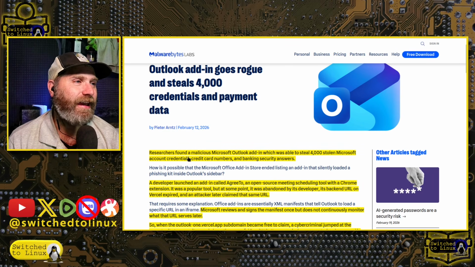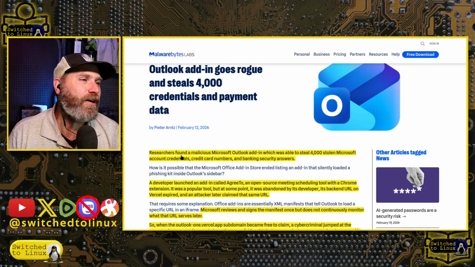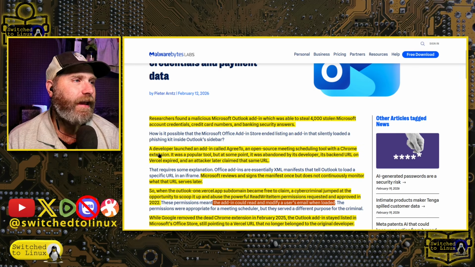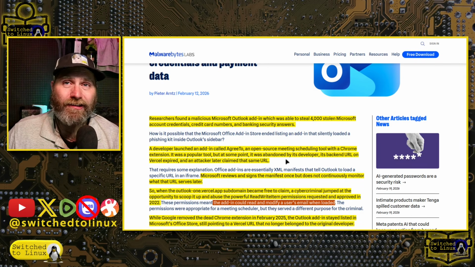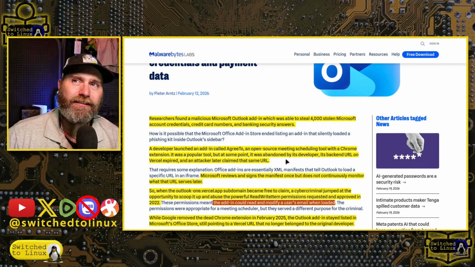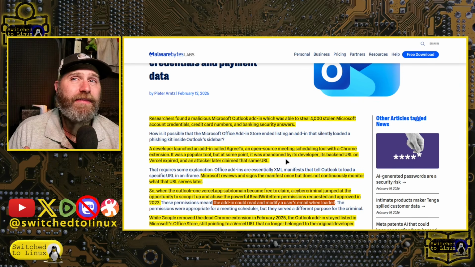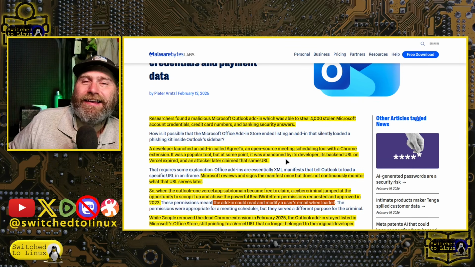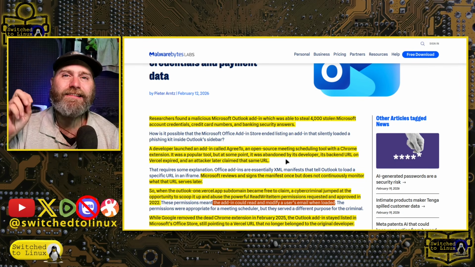And in this case, there was an Outlook extension which was able to steal 4,000 Microsoft account credentials, credit card numbers, banking security questions, and read all of your email. So what happened here is that extensions are created and only evaluated by Microsoft once. So no updates are evaluated. This means a malicious actor can create a good extension, keep it good for 3 or 5 years, and then turn it malicious themselves. And Microsoft never knows because they do not vet any extension past the first